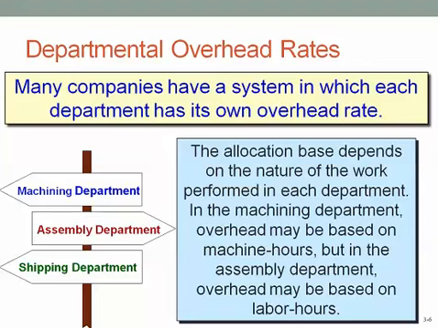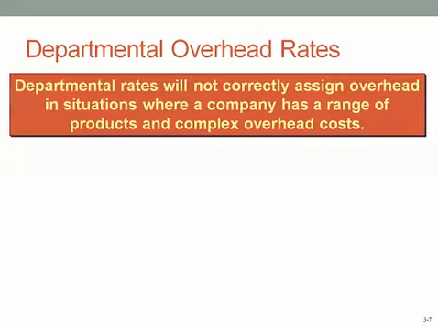So instead of having a single plant-wide predetermined overhead rate, we'll have multiple predetermined overhead rates. A single predetermined overhead rate for the machining department, a single predetermined overhead rate for the assembly department, and say a single predetermined overhead rate for the shipping department. While use of departmental overhead rates is probably more accurate than using a single plant-wide predetermined overhead rate, departmental rates